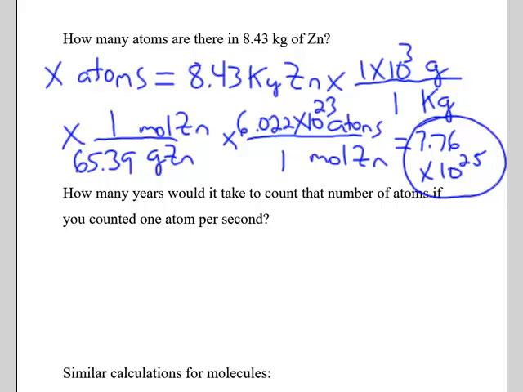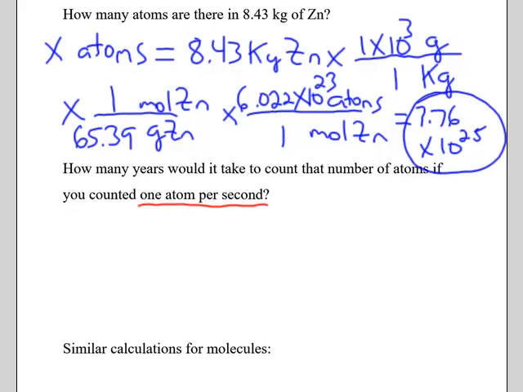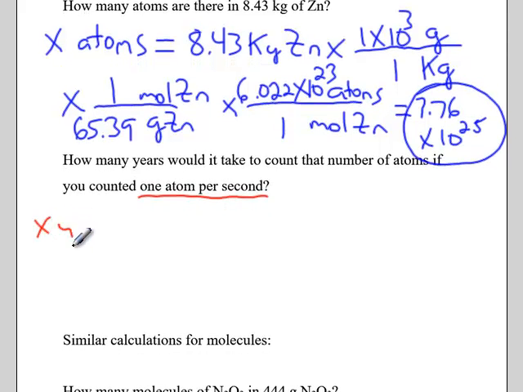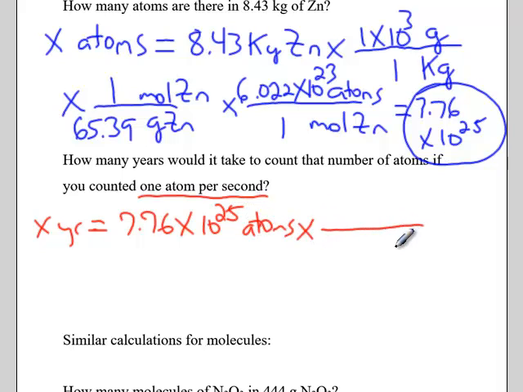Now that's a huge number, and if we were counting those atoms, let's say we could count at a rate of 1 atom per second, and we wanted to know how many years it would take to count 7.76 times 10 to the 25th atoms of zinc. So we can turn atoms into time in seconds because we're counting at a rate of 1 atom per second. And then we know there are 60 seconds in a minute